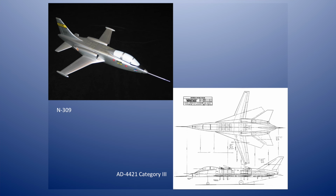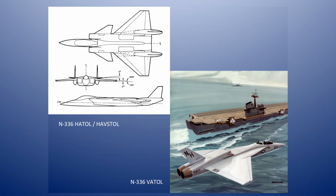That didn't stop NASA from pursuing VSTOL for research, and so the N309 was a Northrop proposal to modify North American T-39s for research. And you can see the N309 on top is heavily modified. The AD-4421 is very heavily modified. It's essentially a brand new airplane. But you can see the different categories of basically taking a straight T-39, modifying it, or modifying it somewhat, or modifying it very heavily. These were all the ideas that NASA Langley, not NASA Ames, was pursuing. Like most of the individual sites, the NASA sites have a lot of rivalry, and Langley said, well, we don't want Ames to get all of the VSTOL research funding, we'll propose our own. Well, this eventually leads to